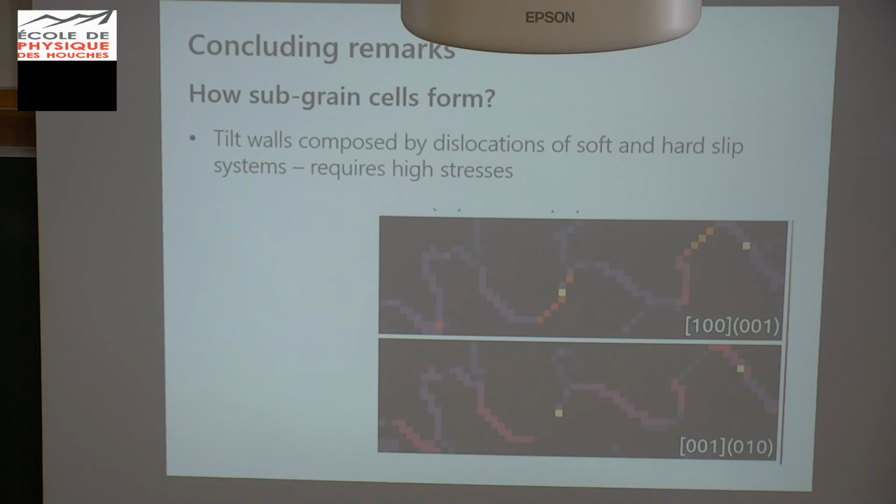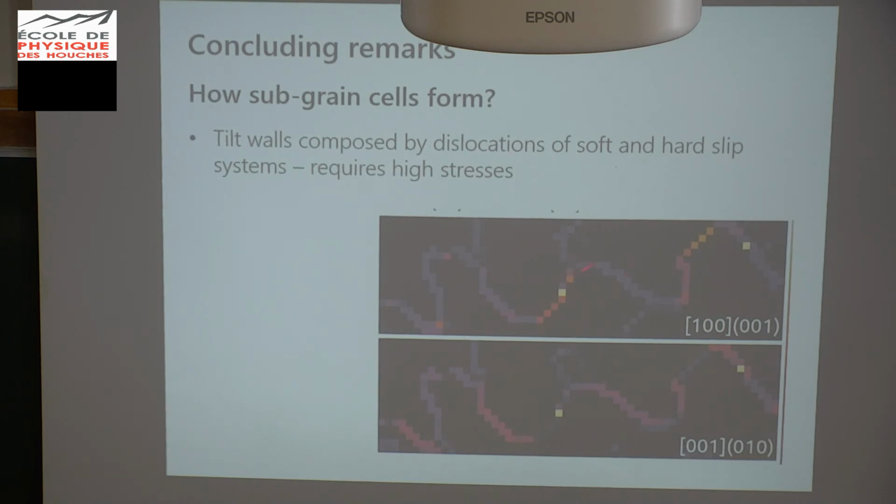So, returning to the first question posed before, how do subgrain walls form in olivine? Well, there are tilt walls composed by all the edge dislocation types that include soft and hard slip systems. In fact, this is the most common one in A, that is soft but not the softest one. This is a very hard slip system in olivine. So these require very high stresses, and this fits with what we observe in nature or even in experiments,